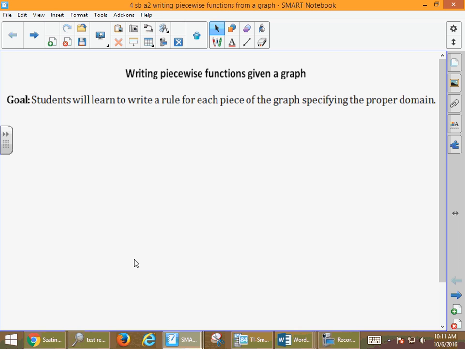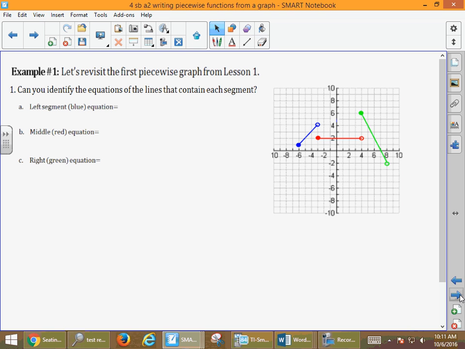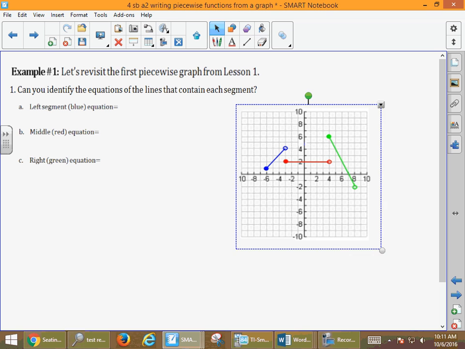Today we're going to talk about writing piecewise functions given a graph. So we're going to be given the picture of the function, and then we're going to come up with the equation for the graph, including the domain as part of that graph. So if we look at our first picture here, it's actually